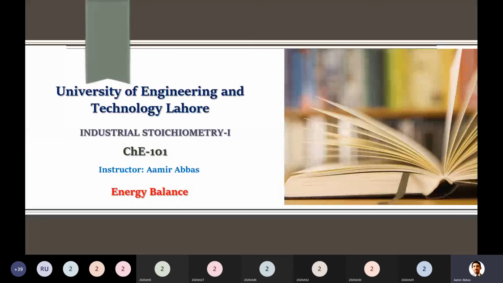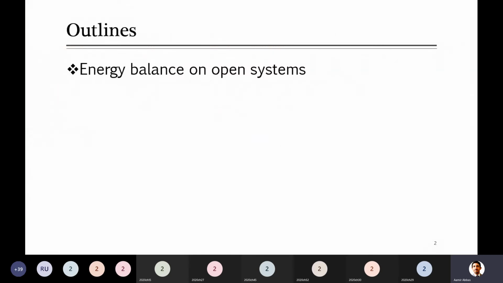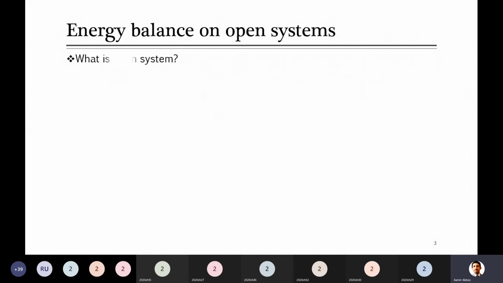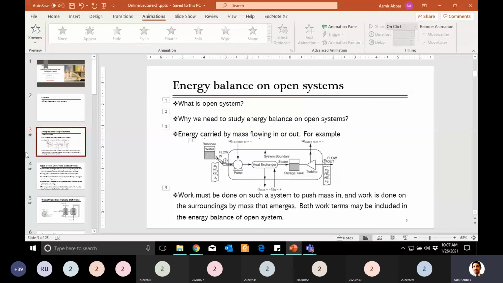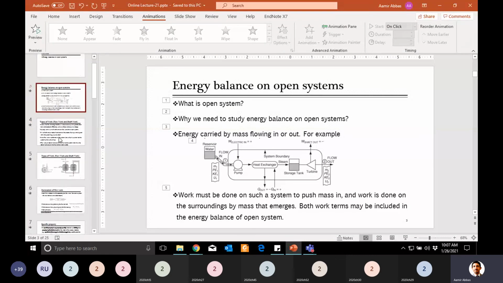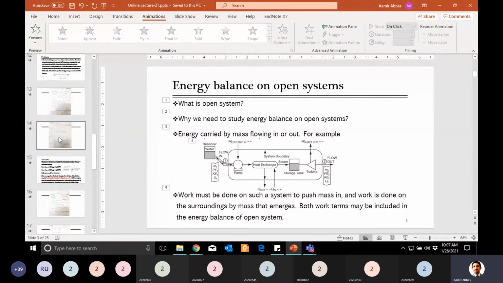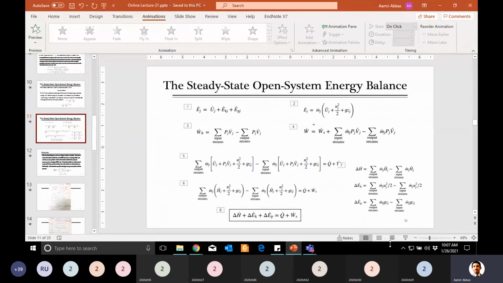As we started with the open system energy balance yesterday, the systems which I discussed were related to steady state. I have uploaded this lecture already. I'll just go to the final slide where we finished, and this was the final equation, which after going through